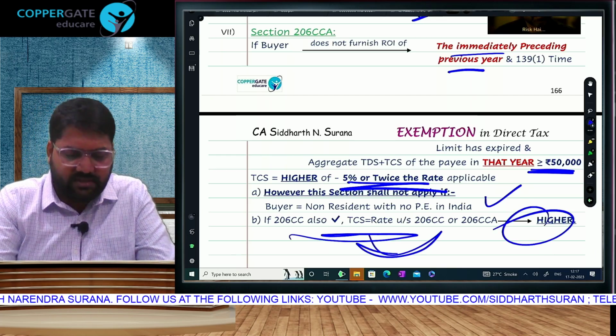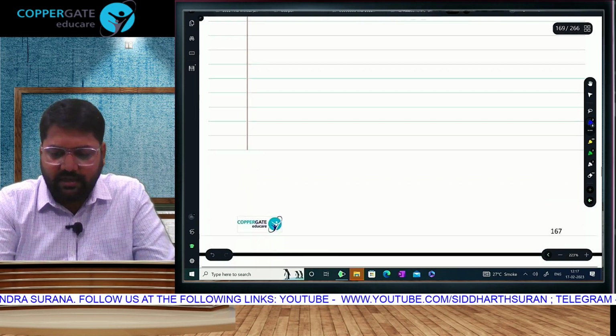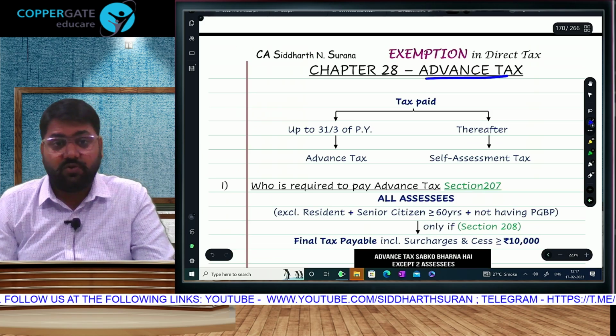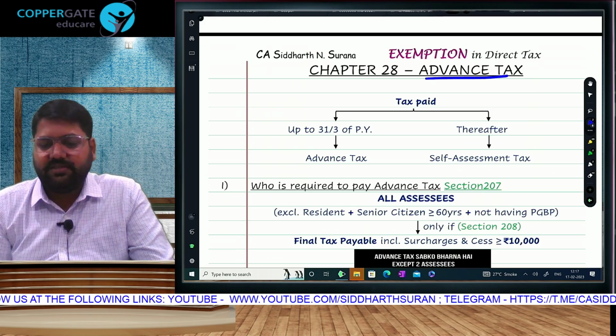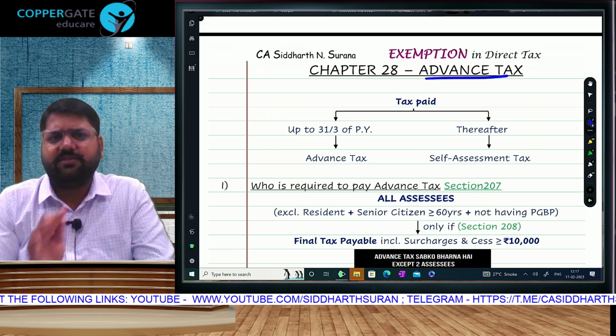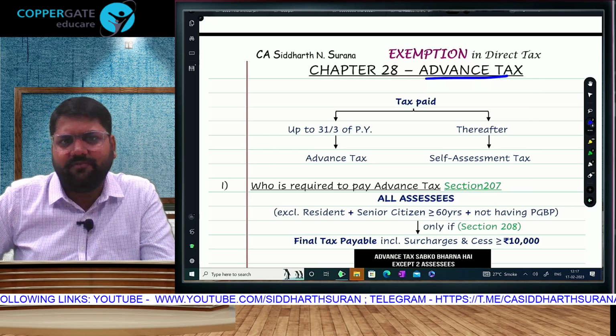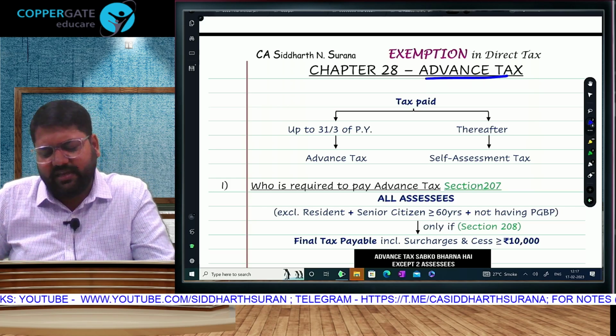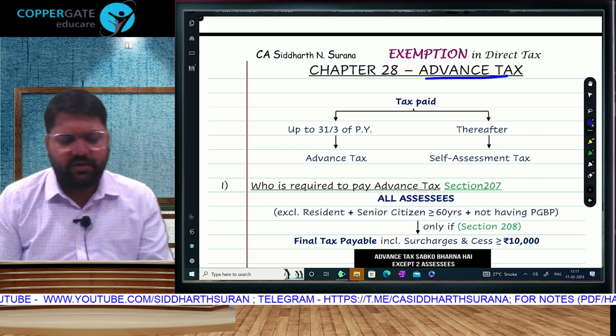Again, like assessment procedure, one of the biggest chapters of your syllabus. Now moving on, we have some very small chapters. Advanced tax, including 234 A, B, C. They are also a part of the intermediate syllabus, but not in that much detail. You have to do it like final students do. And of course, the other chapters in today's sessions like refund, recovery, proceedings are applicable only for final CA students.